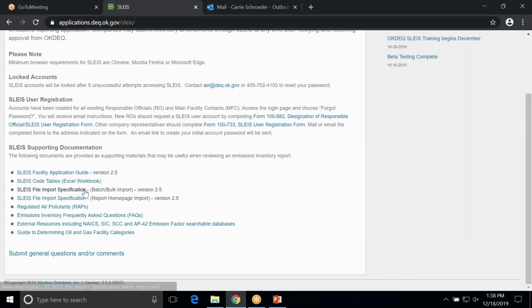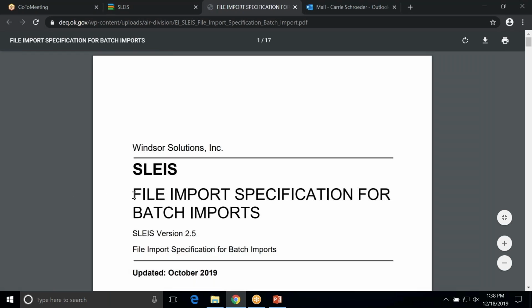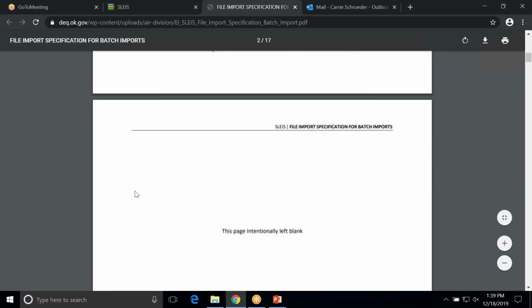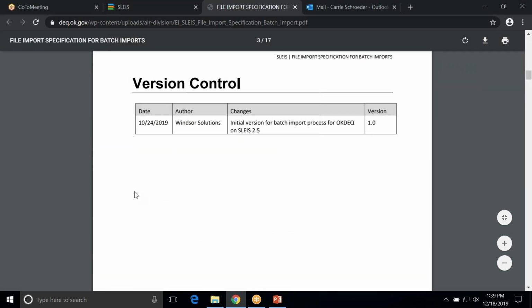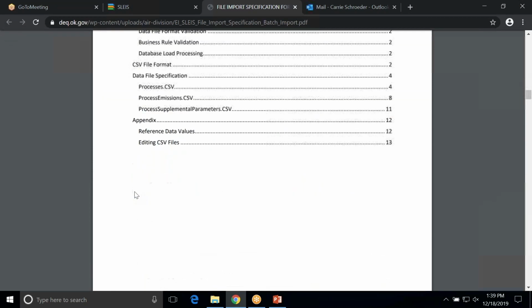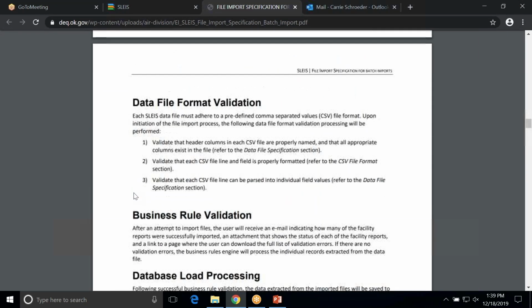are two files on the landing page. One is the import specification file for a bulk process. The other is the import specification file for the individual report homepage process. Both of these are the template processes. If you were to open one of these files, it's going to give you a lot of detailed information about them. For example, if anyone's interested in figuring out what information and how it's going to be formatted, this will